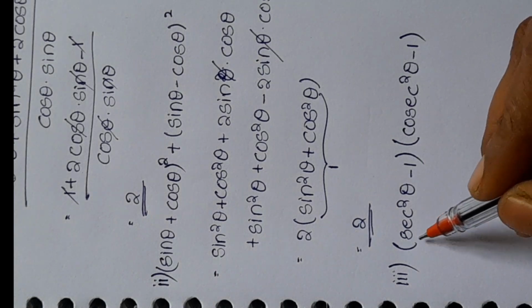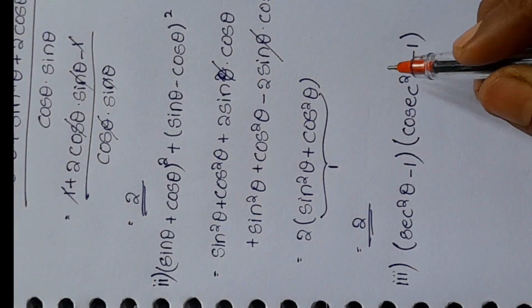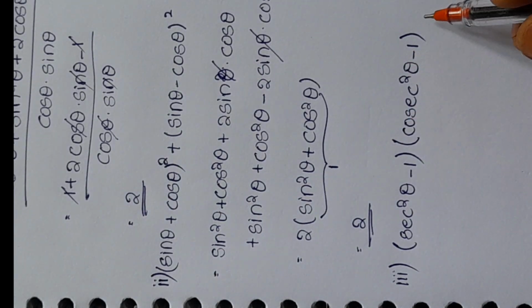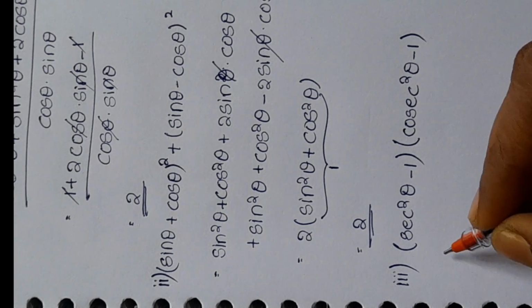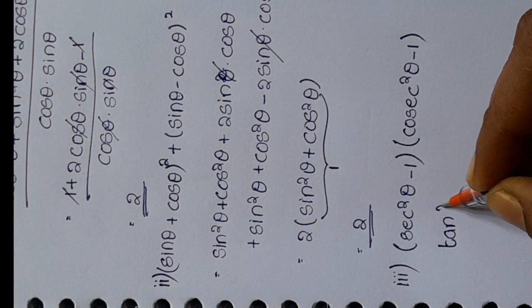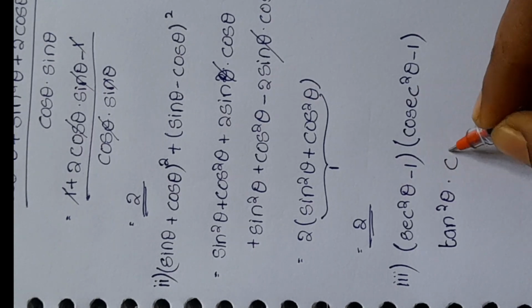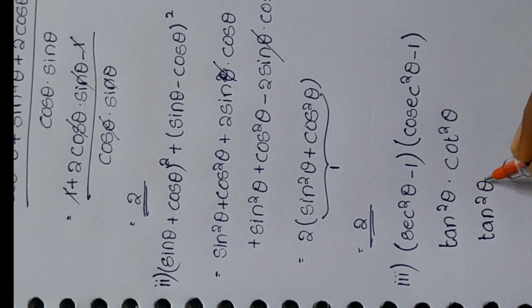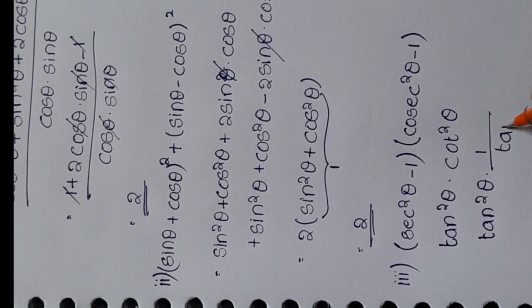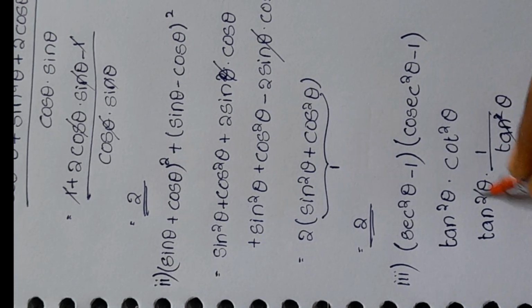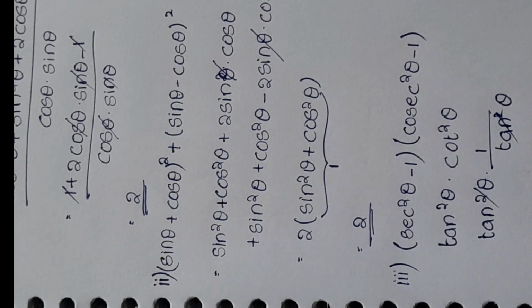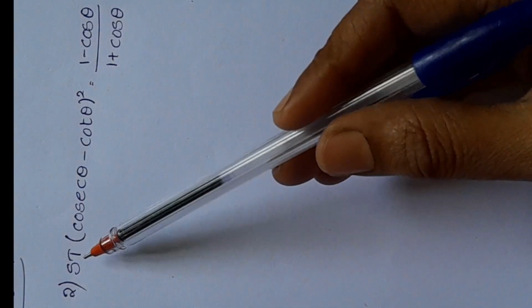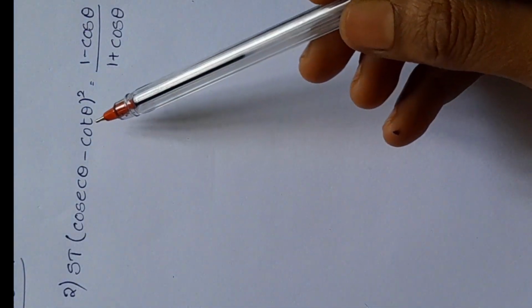We have the two identities, secant square theta minus tan square theta is equal to 1 and cosecant square theta minus cot square theta is equal to 1. From this we can write this as tan square theta into, this becomes cot square theta. Now tan square theta, cot can be written as 1 by tan square theta. Tan square theta and tan square theta gets cancelled. The answer is 1. Now the second question is, show that (cosecant theta minus cot theta) whole square is equal